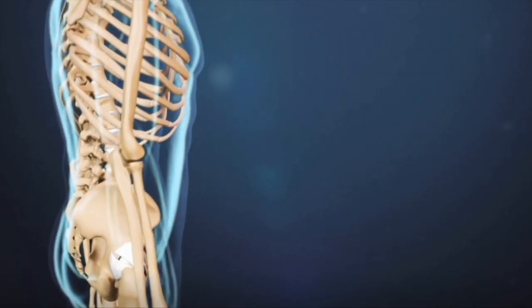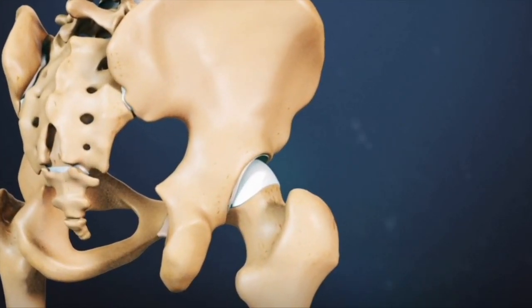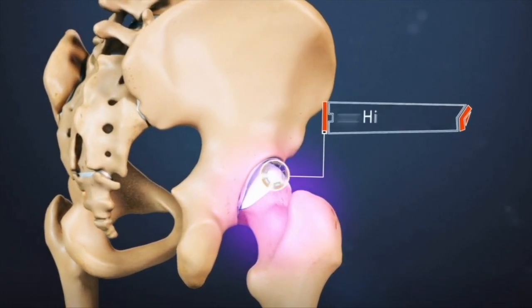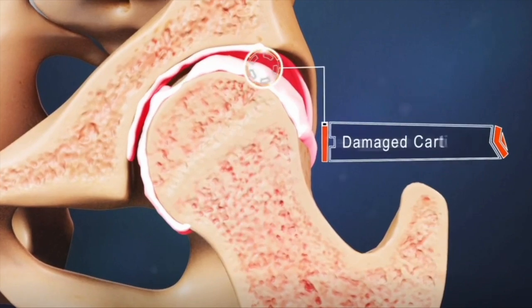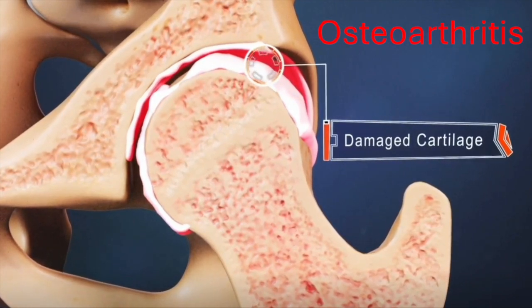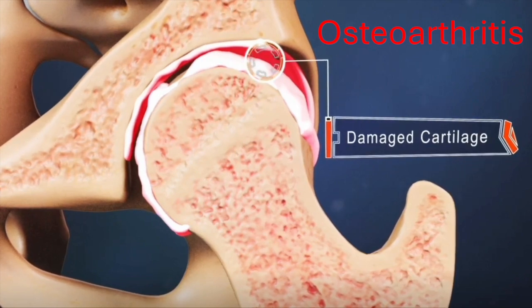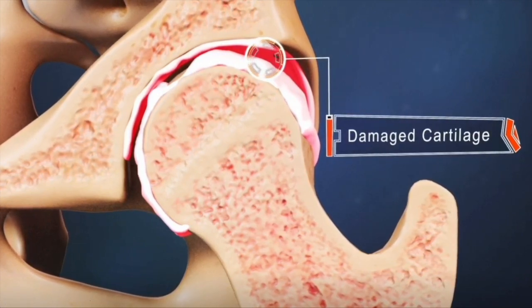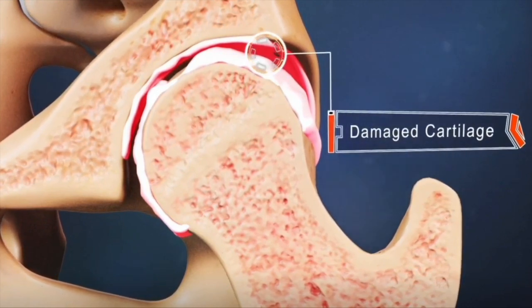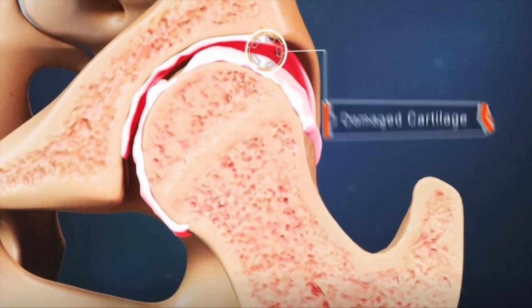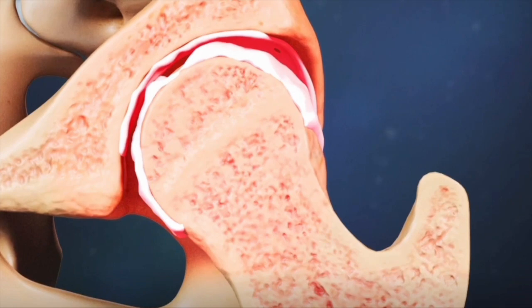Hip failure is a common medical condition experienced by over 3 million people every single year. This condition is most commonly experienced by those over 70 years old. Hip failure is most often caused by a condition known as osteoarthritis, which is the breaking down of joint cartilage due to wear and tear over time. The cartilage serves as a lubricant that reduces the frictional strain placed on the ball joint of the hip. The removal of this cartilage causes the hip joint to undergo increased friction, causing damage.